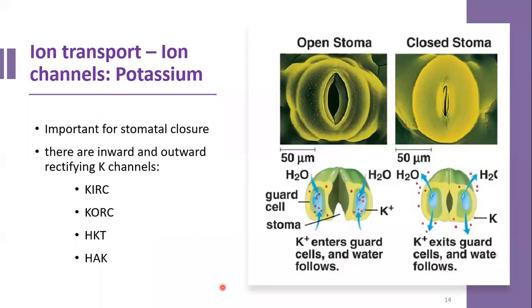So there are specific channels at specific organs, like at stomata, there are potassium inward rectifying channels and potassium outward rectifying channels. Potassium inward rectifying channels are the ones that, when the stomata have to open, allow potassium to get into the guard cells, so that the stomata open. And the potassium outward rectifying channel, when the stomata have to close,